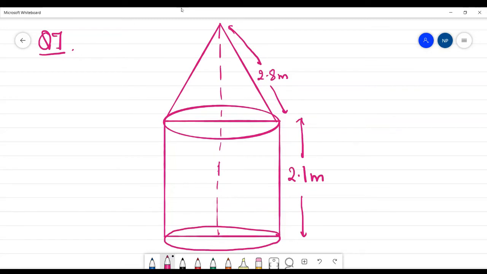In bracket, one important point is given, that note that the base of the tent will not be covered by the canvas. So the base is naturally kept on the ground, it cannot be covered by the canvas. So first of all, how will we come to know what is to be calculated? Since we know that the canvas will be used to cover the surface area only. So for the required surface area of the tent, we will need the surface area of the cone and the surface area of the cylinder. Both of the surface areas we will add, and then we will take out the cost as well. So let us start with the solution.